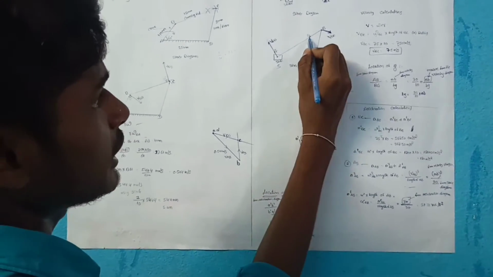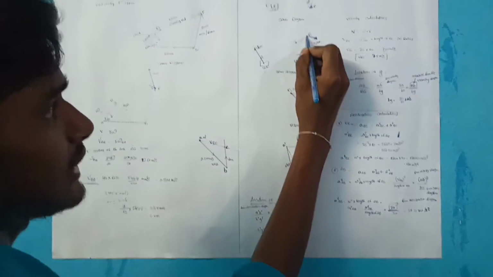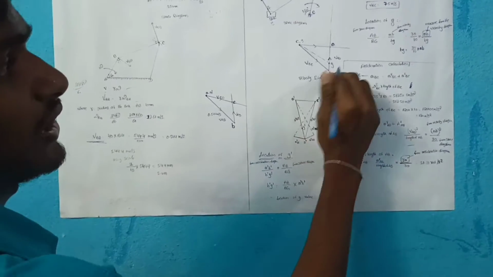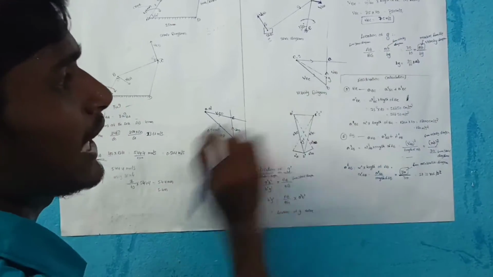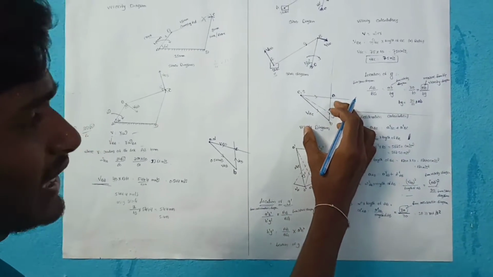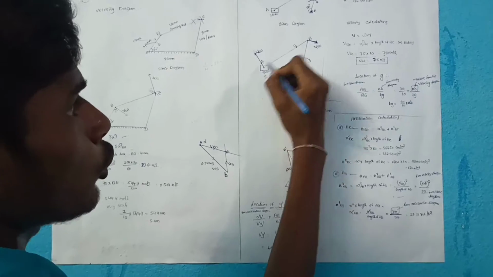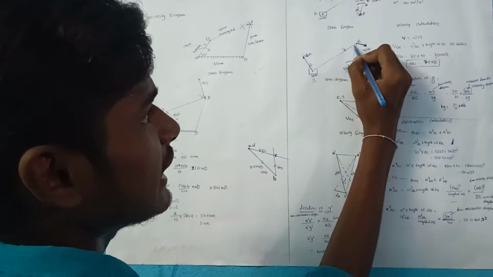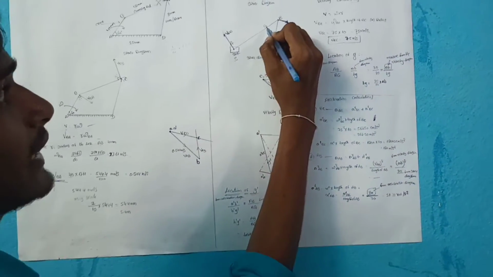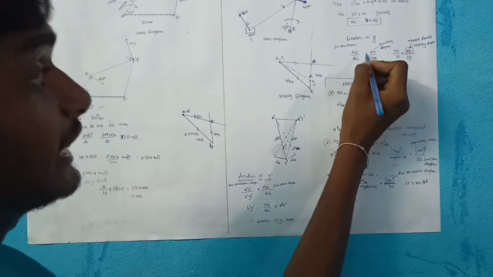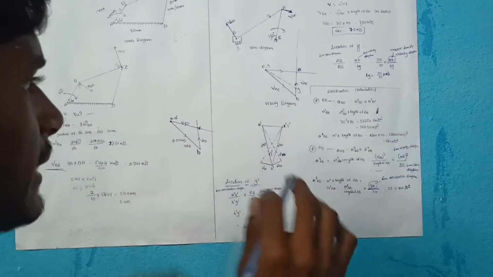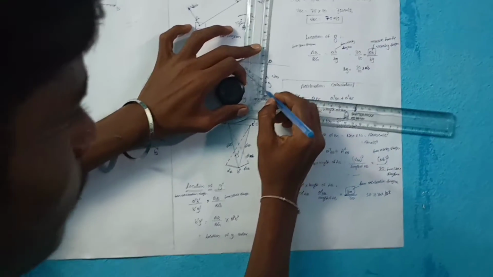Next, the location of G. It is given in the space diagram that G is at a distance of 10 centimeter. Now we want to locate it in the space diagram, so that is one calculation. How to find the location of G in this space diagram? It comes from the space diagram and the velocity diagram. We know the total length AB is 30 by BG, as given in the question: AB by BG, total length divided by this small length. AB by BG equals, next, the velocity diagram. AB we know by measuring with the drafter scale.